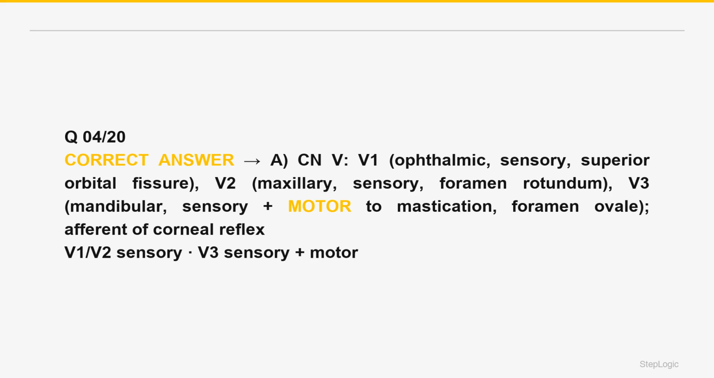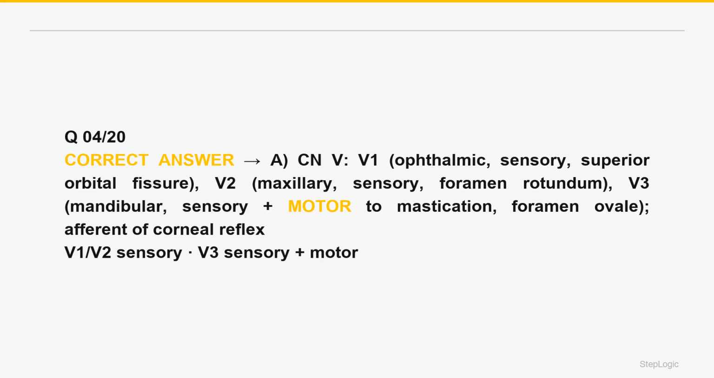V3, mandibular, is the key division. It is both sensory, lower face, mandibular teeth, anterior tongue sensation, and motor. It innervates the muscles of mastication, masseter, temporalis, medial and lateral pterygoids, plus a few others, tensor tympani, tensor veli palatini, mylohyoid. V3 exits through the foramen ovale, standing room only. Superior orbital fissure, rotundum, and oval for V1